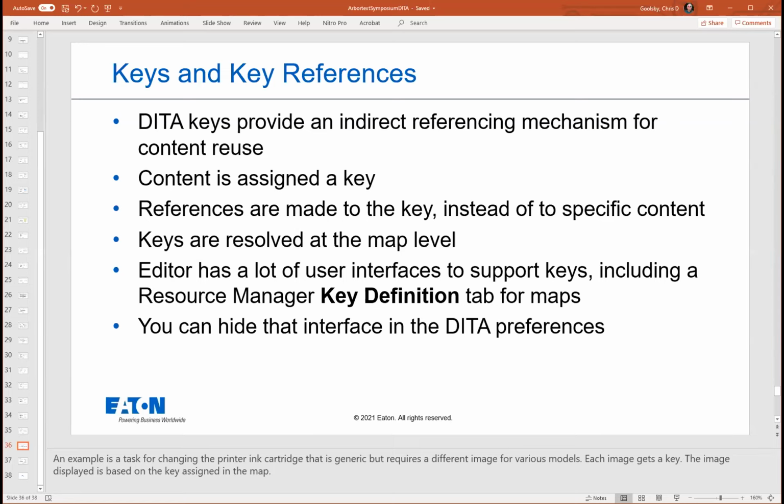So that would be like in whatever content you're reusing, it would have a key assigned to it. And then the references are made to the key instead of to the specific content. So keys are resolved at the map level. And for example, the sample they use in the Ditto specialization is if you have a task for changing